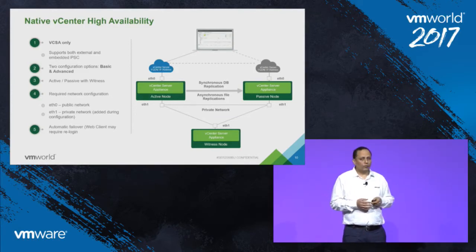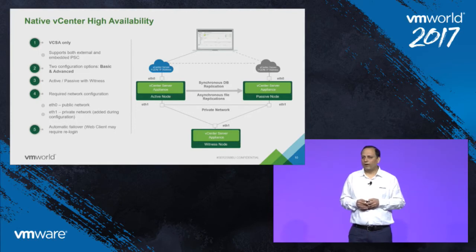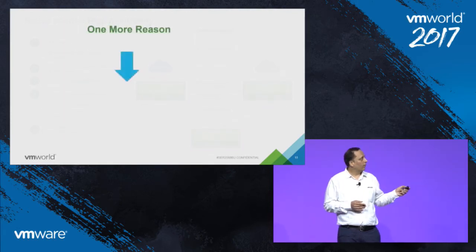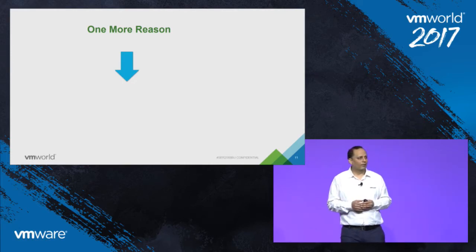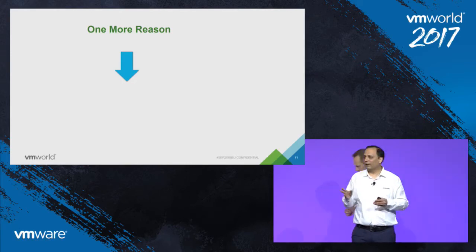So we got so many things in 6.5, but there is one more thing. There was one more reason why we upgraded to 6.5. Any guesses? Anyone? I already talked about Update Manager